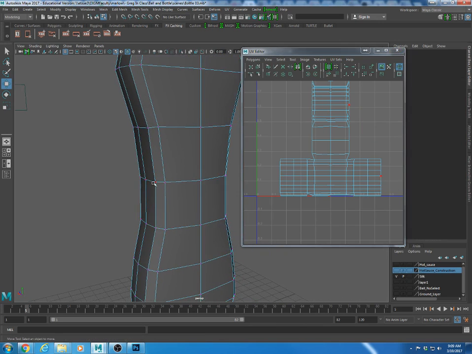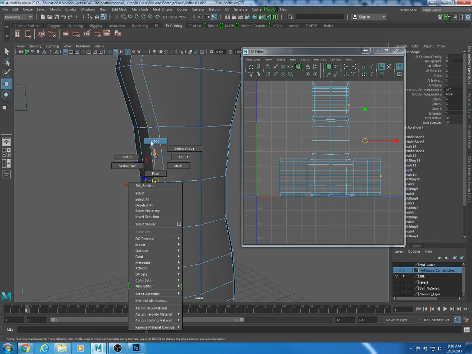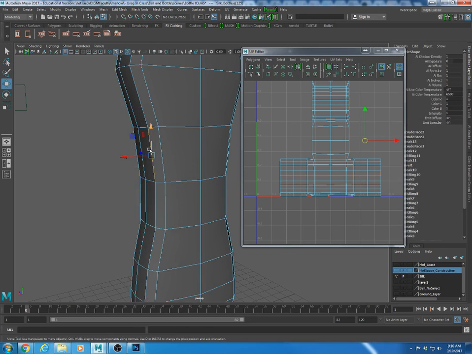So let's choose this vertex here, okay? The thing you'll notice is that the vertex is present both there and there, because what we actually have is those two have been split apart. It's just like we could cut this edge, and you'll see that edge is present there and there. It's as if we sliced it along that edge, and now that edge is in two different places in UV